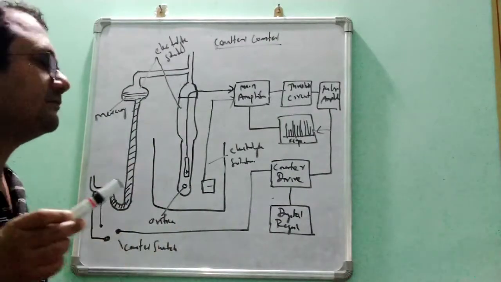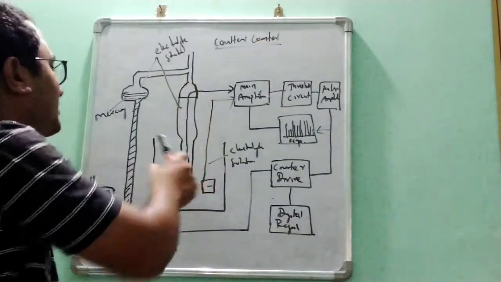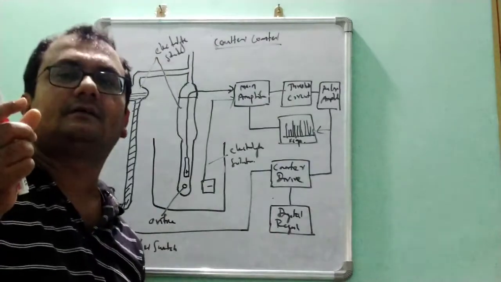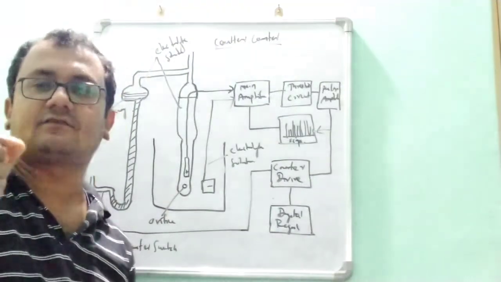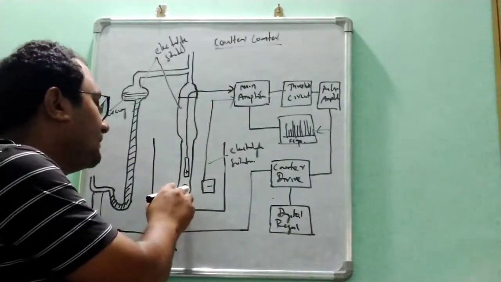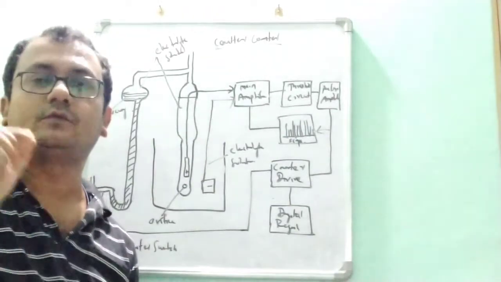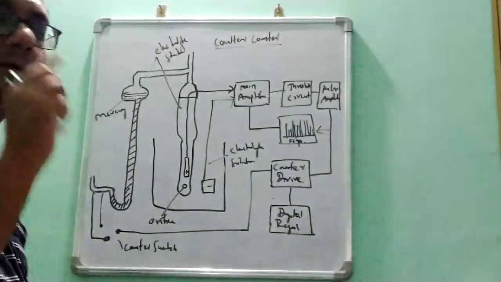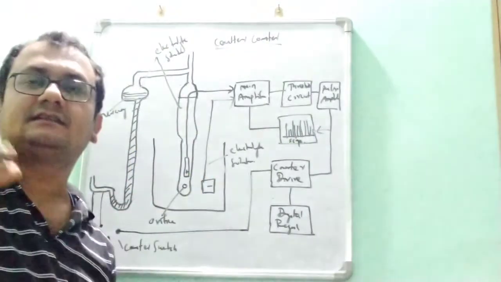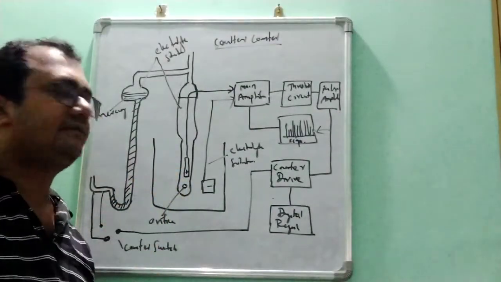Now let us discuss how it is working. Generally, when we are placing the electrolyte solution with suspended particles, the particles disperse in the electrolyte, then we are placing it here, and you can see one small orifice, a small hole, through which the particles need to pass. When we apply the electrical charges, due to this the particles try to move and enter this orifice.